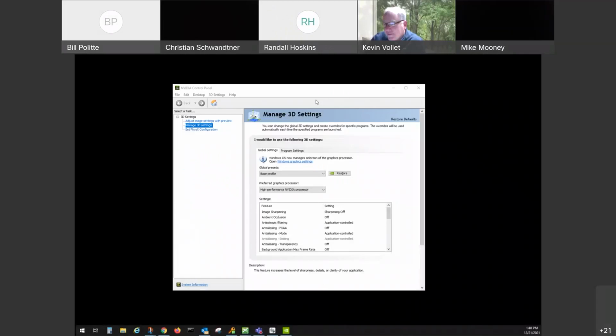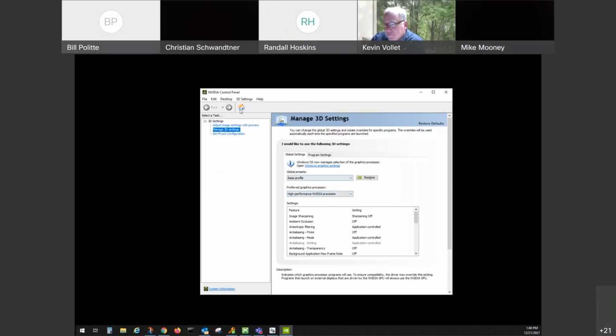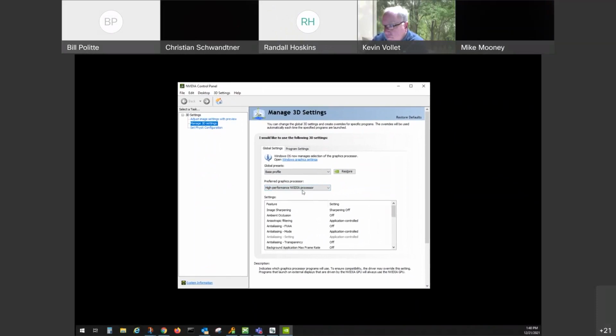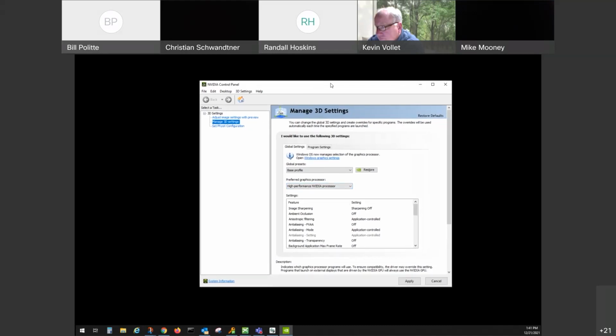All right. For those of you that have had the chance to actually get the new laptops, make sure that your NVIDIA control panel is installed on your machine. If it's not, get it installed. Once it's installed, you need to change your preferred graphic processor. By default, it'll be set to auto select. You want to set it to high performance NVIDIA processor. If you don't do this, you'll run into issues where it will crash when you do any graphic type of thing. This will make your machine work a lot better.